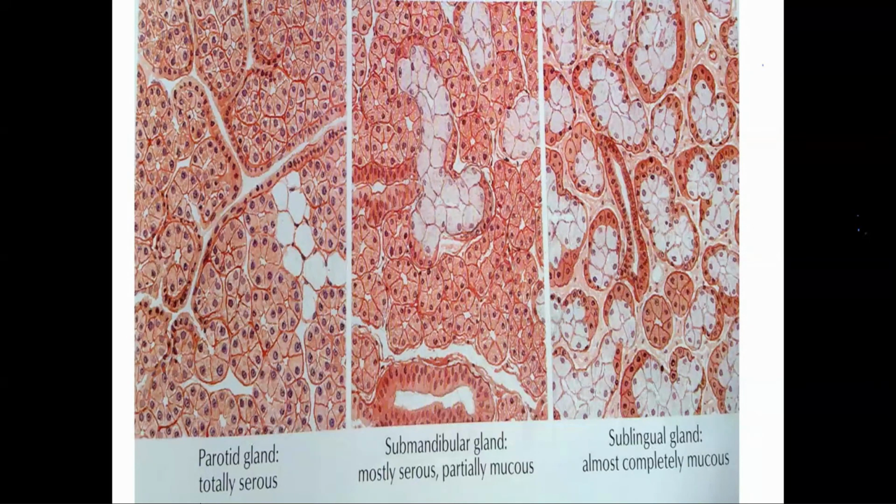Inflammation of the parotid gland results in mumps. Mumps means what? Clinical anatomy of the parotid gland: mumps is the infection of the parotid gland caused by the myxovirus, or the mumps virus. And there is one clinical condition, Frey's syndrome. Please read about Frey's syndrome. Okay, next time I will ask. You will read or not? Frey's syndrome, F-R-E-Y apostrophe S syndrome.